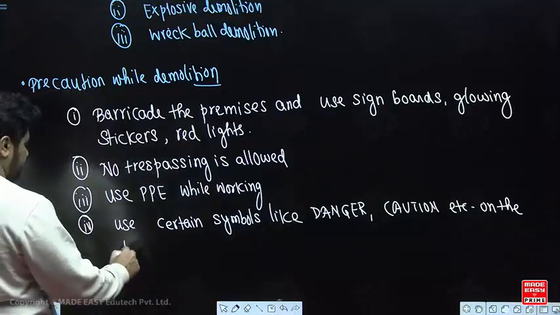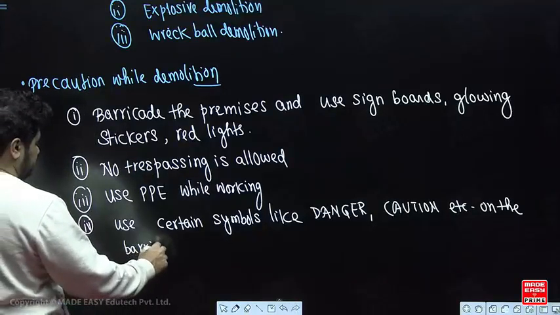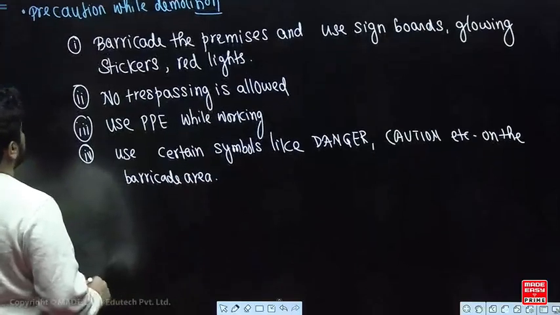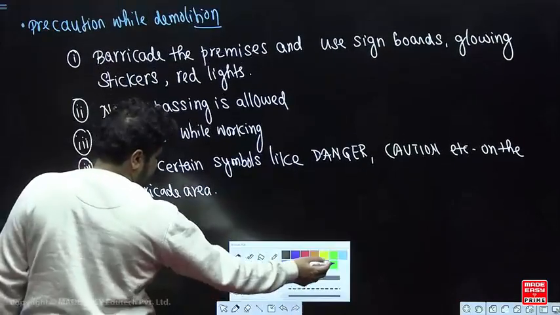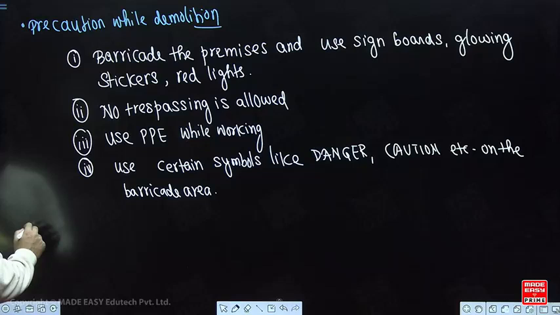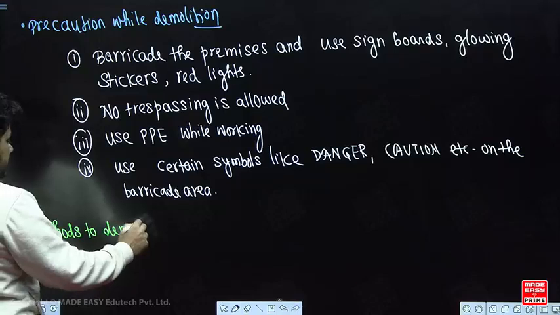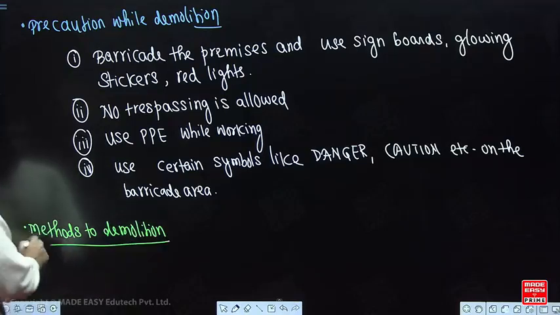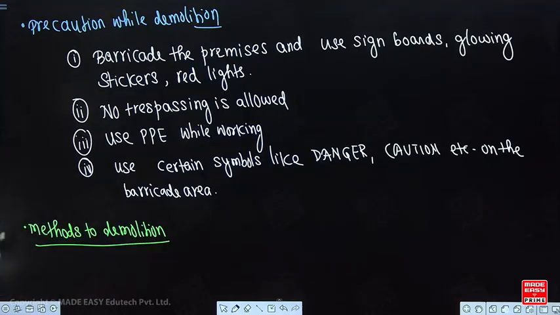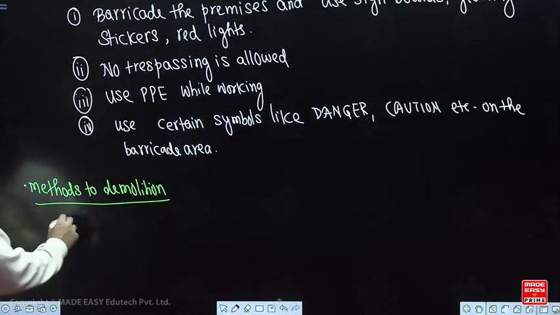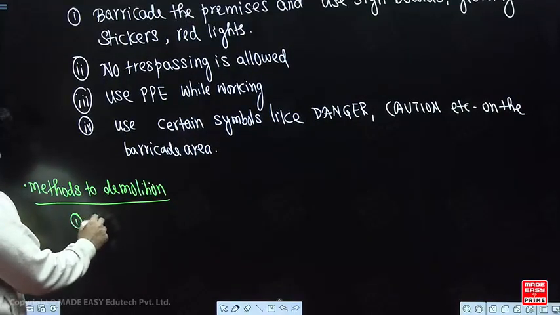On the barricade area. Correct? So precaution. Next, methods of demolition. How are you going to demolish a building? किसी building को हम कैसे demolish करते हैं. So methods of demolition. First step, remove